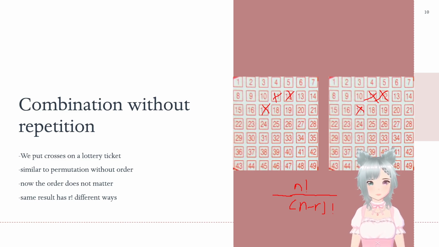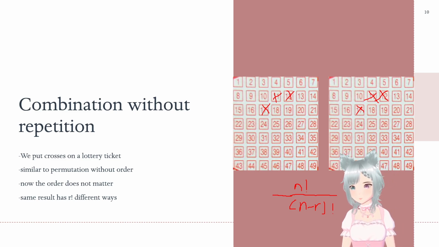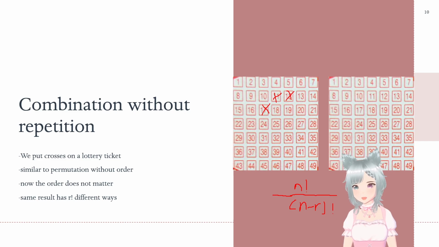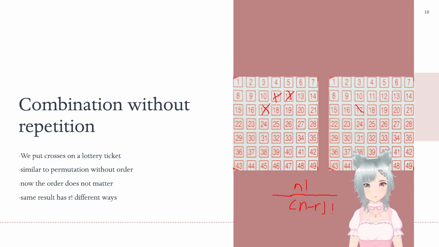First we can cross out any of these 3 numbers, the 17, the 11, or the 12. Let me erase something. So first, for example, we cross out the 17, and then we have 2 more left, so then we can cross out the 12 or the 11. So let's cross out the 12, and then we can cross out the 11. So first we have 3 different numbers we can cross out, then 2, and then 1,